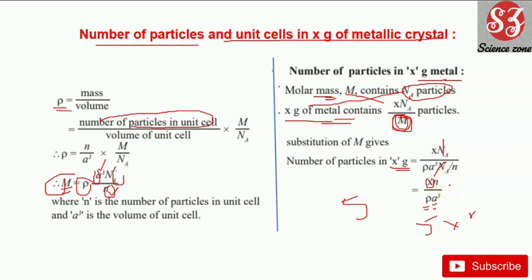So number of particles in 1 unit cell, if you know. Suppose iron, if I say it is having face center, suppose I have provided you 5 grams of iron with face centered cubic lattice. So the x will be 5 because it is 5 gram, into n will be 4 because I have told you that it is face center. So you know that face center has 4 particles, divided by whatever density is provided and length of that edge is provided. If you solve this, you will get the number of particles in x gram.